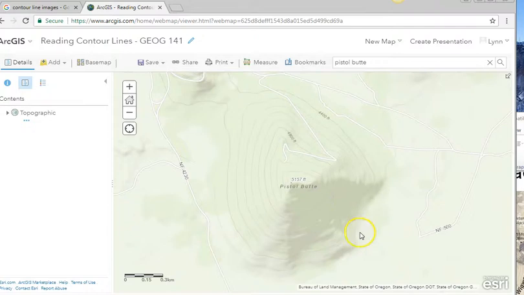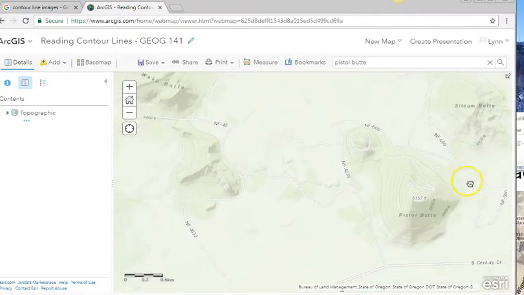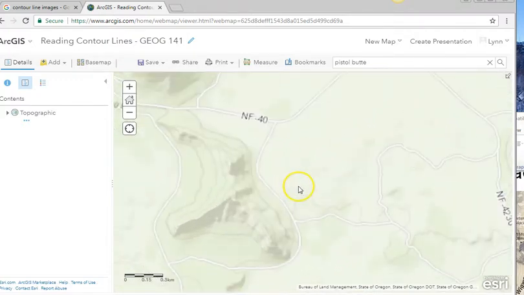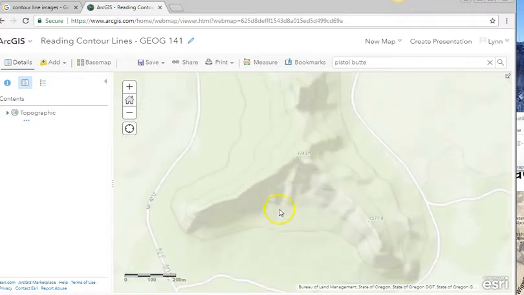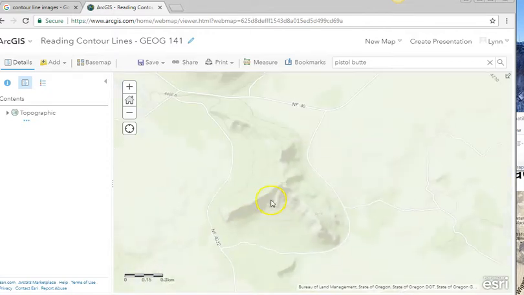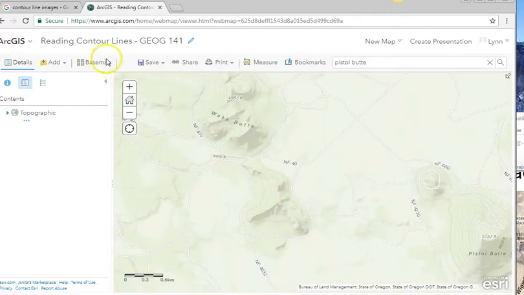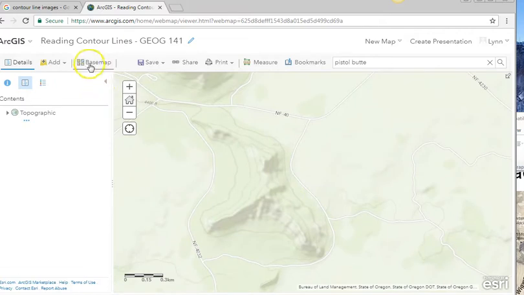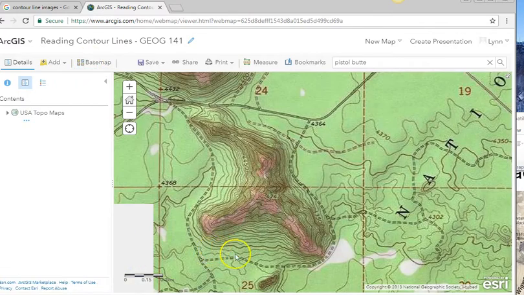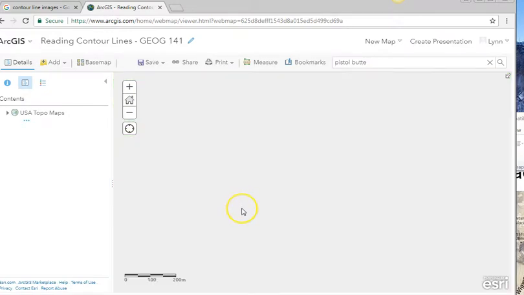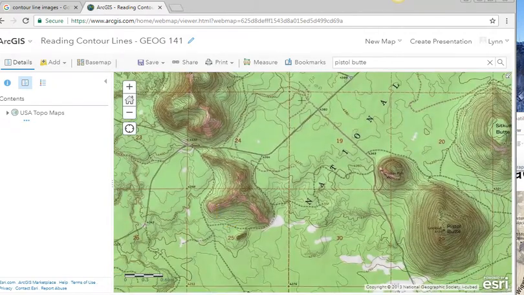This one has shaded relief, so it kind of shows you that 3D perspective. With this little landform here, you can tell that it looks a little steeper, even though the contour lines aren't much closer together, but part of that is because they don't have the really detailed contour lines. So my recommendation would be to go between the two and really get a look at that. Okay, so more than you probably ever wanted to know about contour lines, but they're